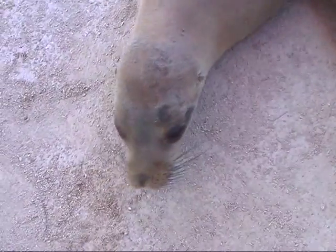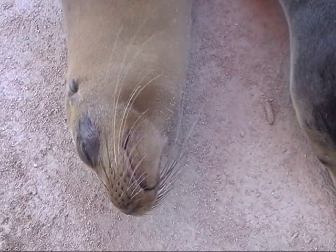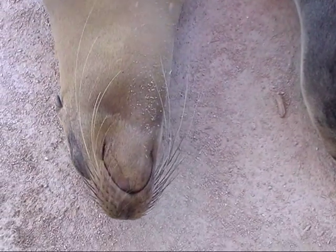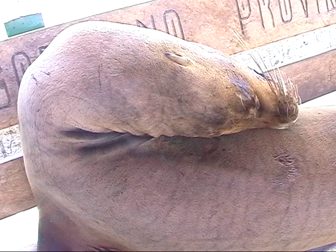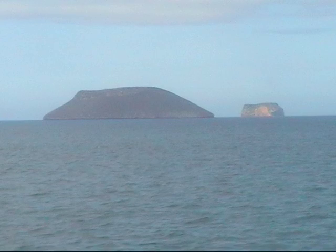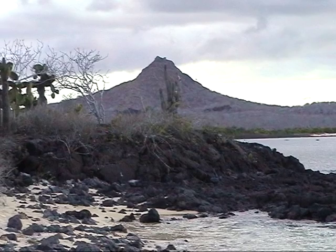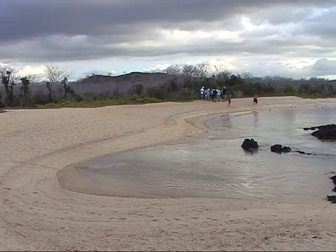Another of the extraordinary features of the islands is the tameness of the animals. The islands were uninhabited when they were discovered in 1535, and the animals still lack instinctive fear of man. Only the 4 populated islands of San Cristobal, Santa Cruz, Isabella and Floreana can be visited independently. All the other islands can only be visited on